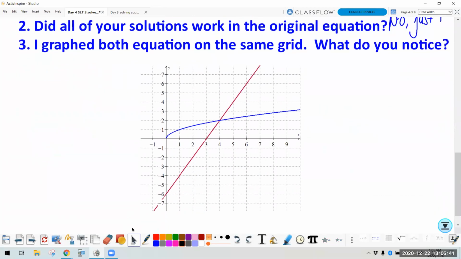Why does that happen? This swoop-de-swoop here, that's that square root function that we graphed earlier in the year. And here's the line. They intersect one time at 4, which is the answer we got. That answer checked out and was good. But where did that other answer come from? Why was it extraneous? When we squared the square root and undid it,